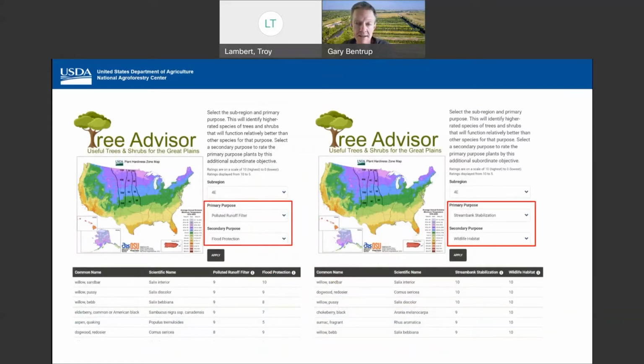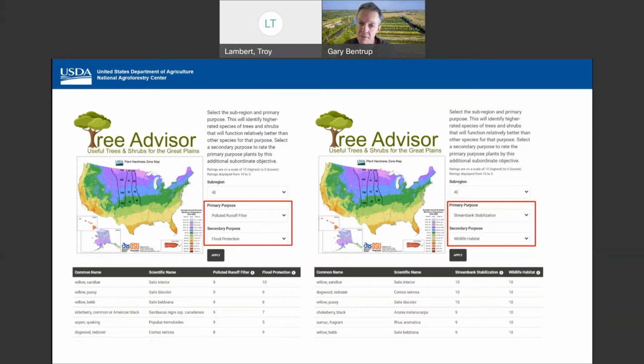If you're interested in additional purposes, you could do another simple run of the tool and get another set of species. Then you can crosswalk the 2 together and see, like, sandbar willow is actually a top species for all 4 of these functions.